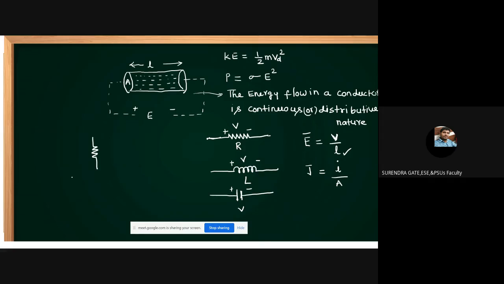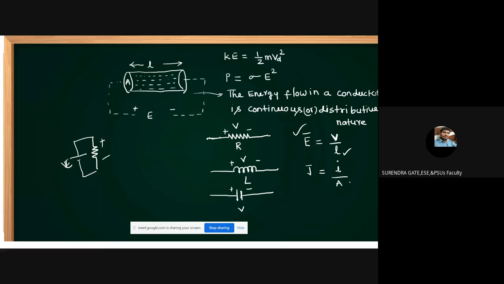So students, for example, one resistor is connected here. Across this resistor, I connected one source, this is the E. Source is different, drop is different. The polarity across this resistor is equal to the source polarity, plus minus. Why is it equal to the source polarity? This is the reason: E equal to V by R. The polarity of voltage across these elements is decided by E only, because this is a scalar.